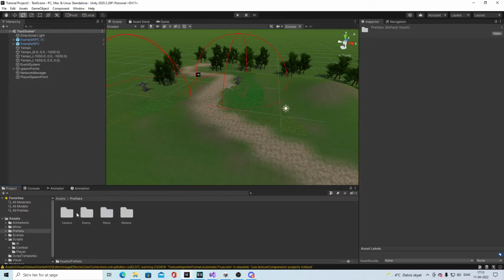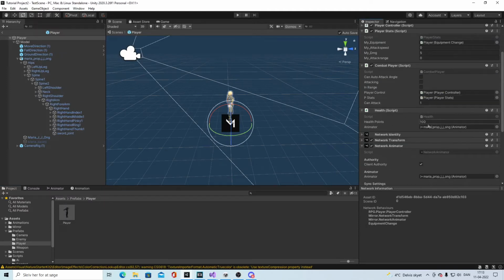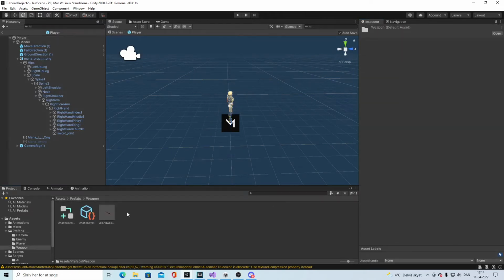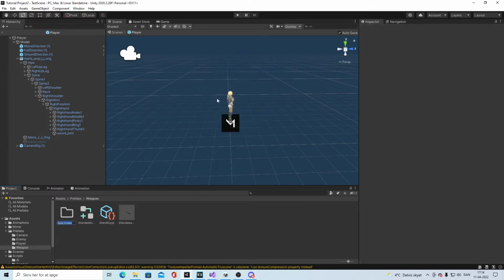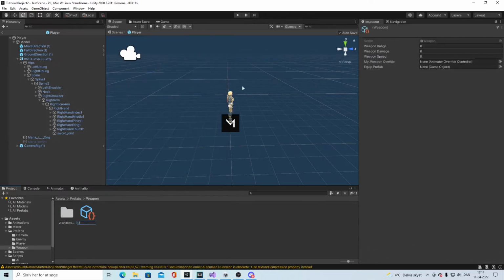The prefabs go into the player. Let's see, my equipment is the player, and the weapon sword will be the two-hand, and the current weapon, oh, we need to create the on. And so let's go into weapons, and this is folder two-hand sword. All that inside. Then we will create a new weapon, call it unarmed,